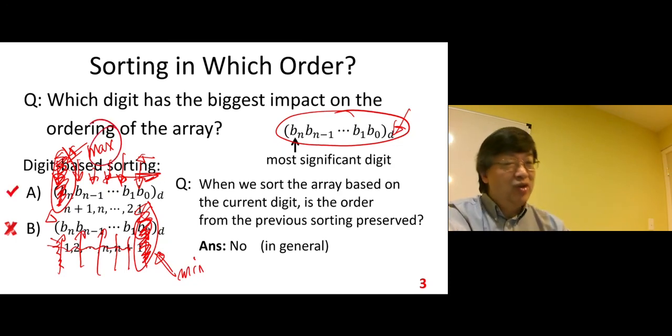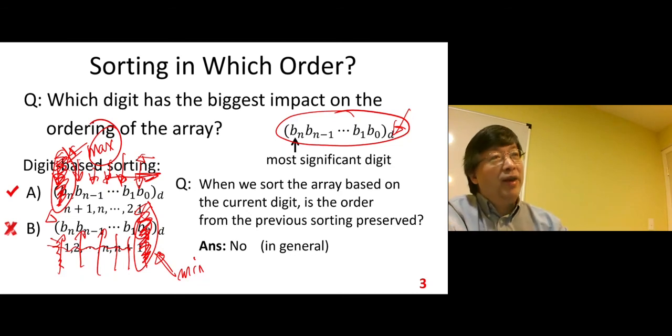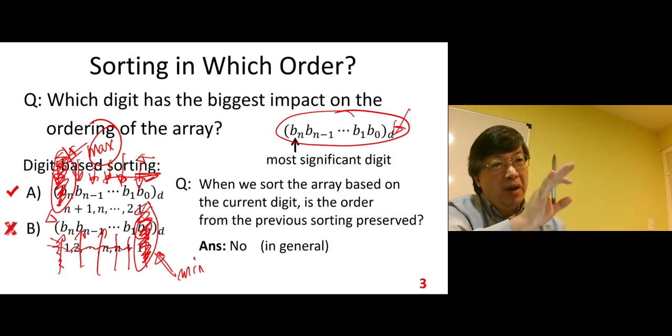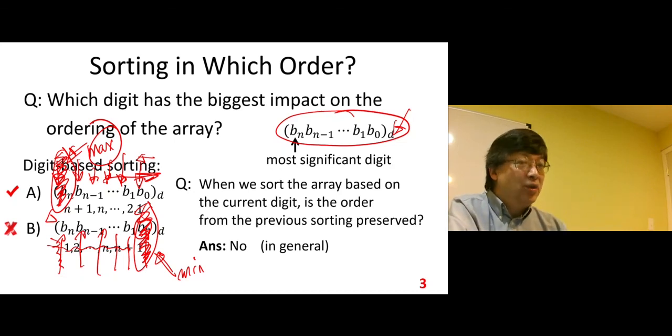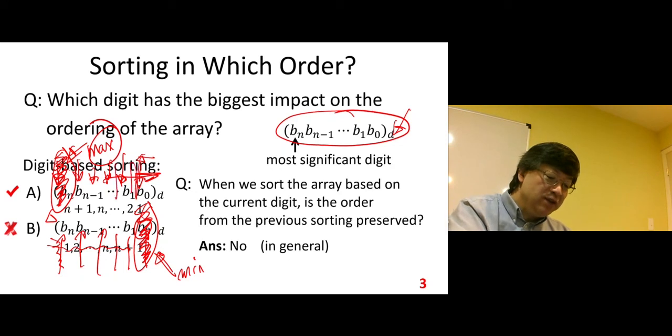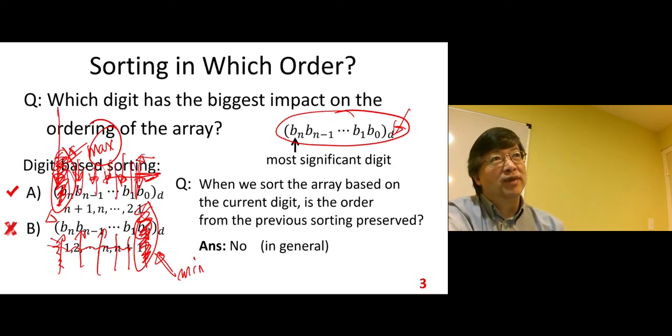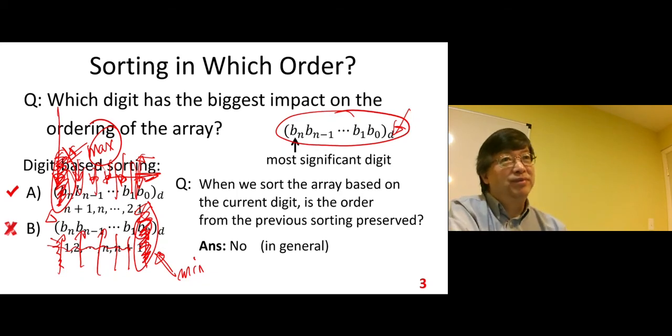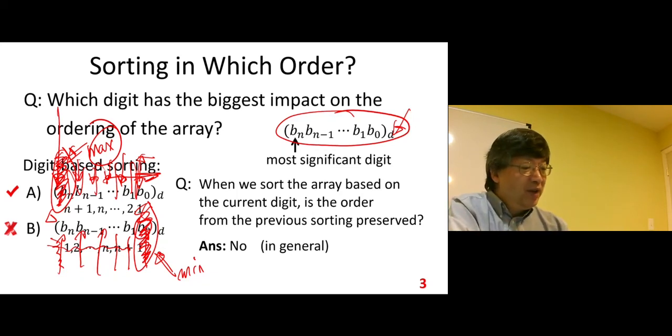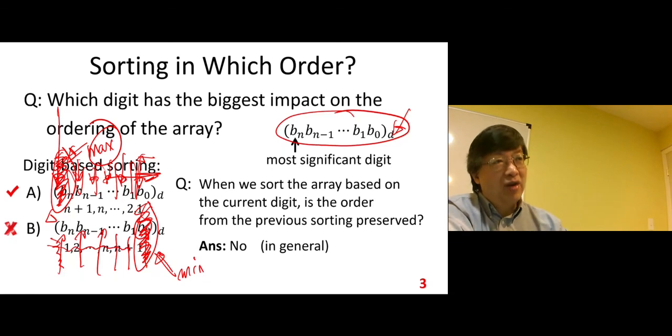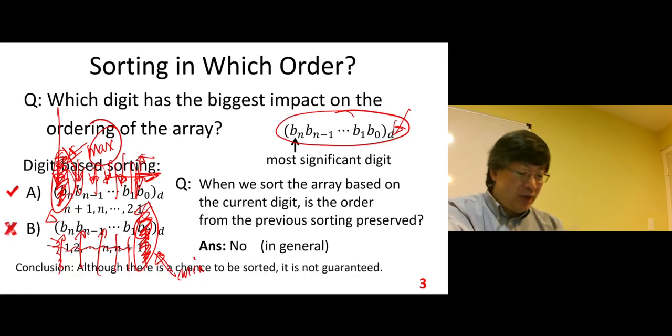That's why we should pick the A way, not the B way. After this analysis, we know we should pick the A way, not the B way. So we start from the least significant, then last the most significant. That is important. After we fixed this critical problem, we can go to the